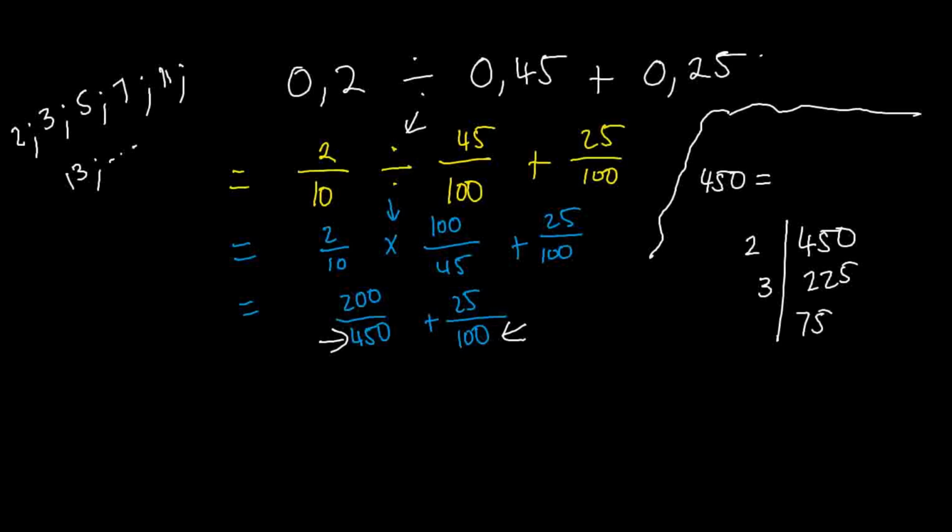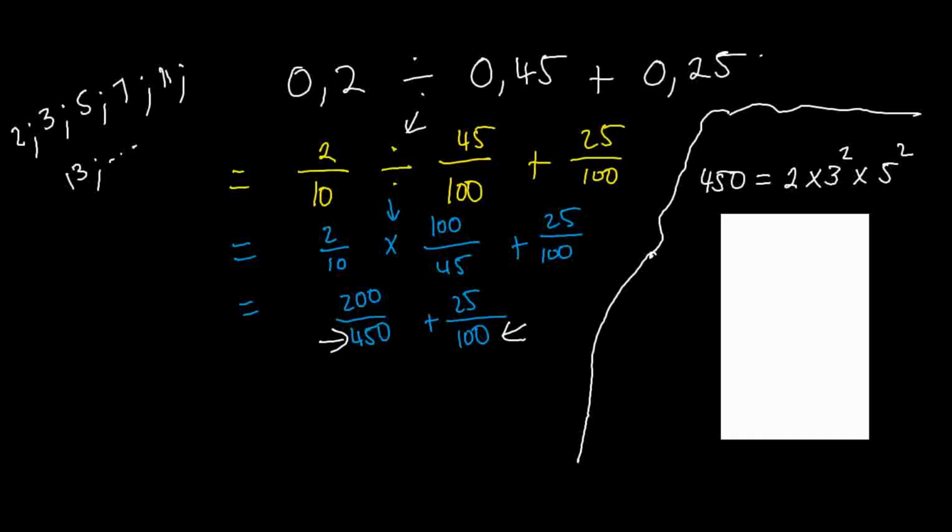And that goes into it 75 times. Now, is 3 a factor of 75? Yes, it is. It goes into 75 25 times. 2 is not a factor of 25. 3 is not a factor. 5 will be a factor. 5 can go into 25 5 times, and 5 can go into itself once, right? So I actually wish I had more space here, but 450 is equal to 2 times 3 squared times 5 squared, right? As such. Okay, now that being said, let's look at the factors of